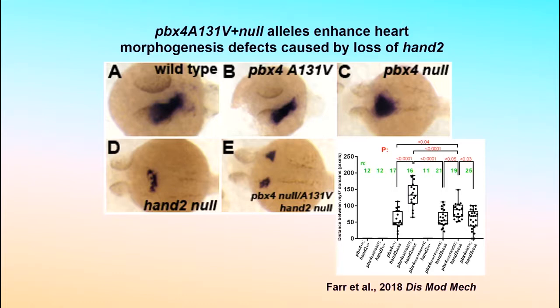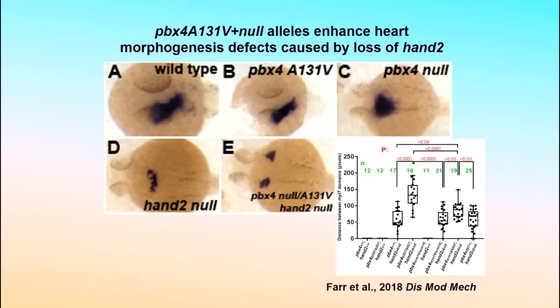So these are zebrafish embryos showing you in situs again for our MYL7 myocardial marker. So here is showing you the heart tube in wild type. Zebrafish carrying that A to V allele show a normal heart tube. Zebrafish that have loss of Pbx4 gene show defects in the morphogenesis of the early heart tube, as I showed you previously. Zebrafish that are lacking HAN2 also show defects in the early MYL7 expression and formation of the early